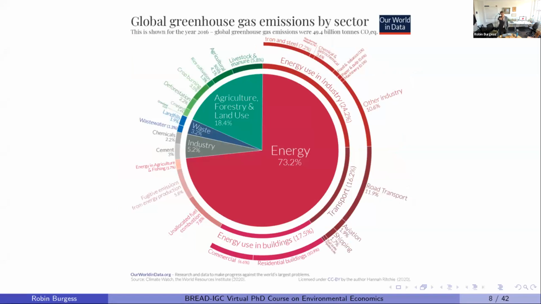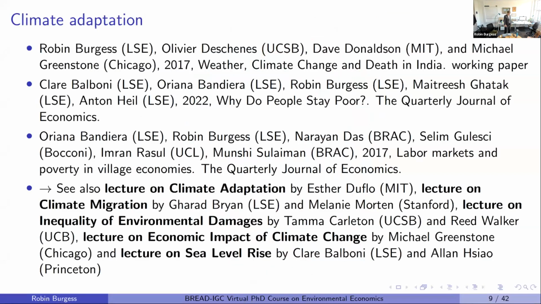But there's also, in industry, a whole bunch of stuff in land use, agriculture, forestry, and waste. And this circle will look vastly different depending on which country you're in. For example, in some countries like Indonesia, that green bit will be a much bigger part of the circle. So I wanted to now, in the remaining 10 minutes or so that I have,